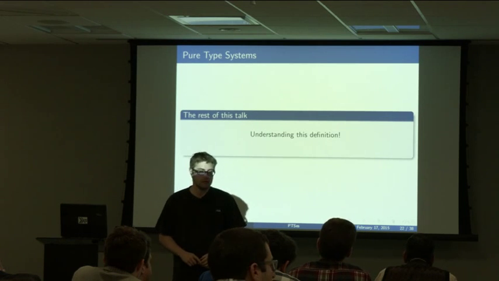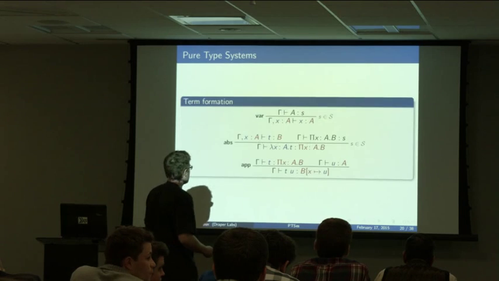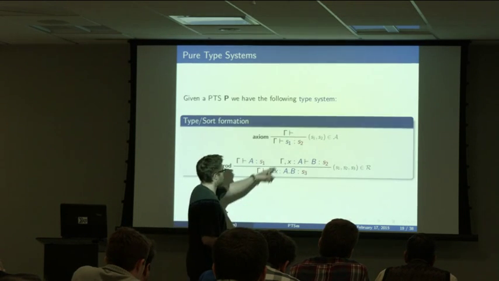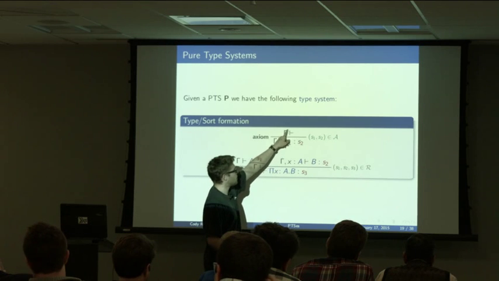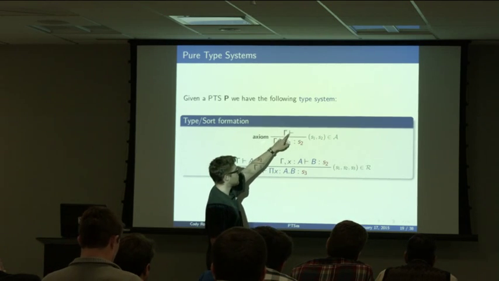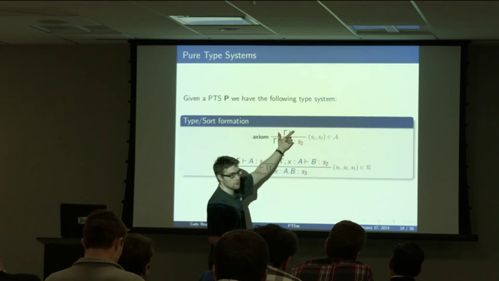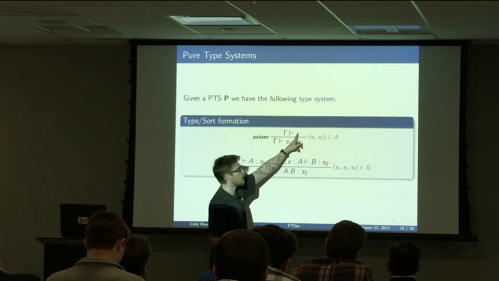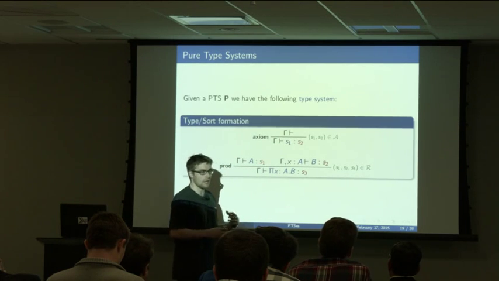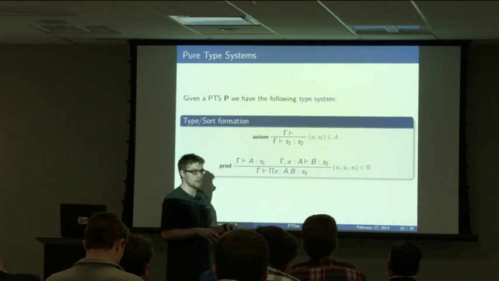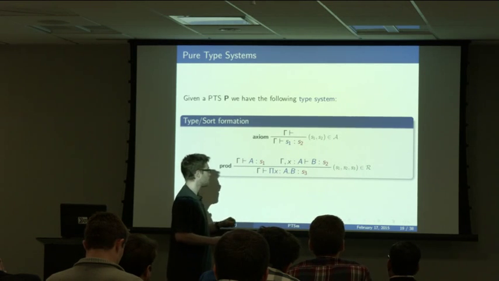Yes? Stupid question. What are the rules you omitted about? So here, like S1 is of type S2, there's something weird appearing here, which is just my assumptions somehow have to be coherent. That's what this means. So there's nothing on the right-hand side. It's just my assumptions have to be coherent. And I haven't explained what that means. And those are the rules I omitted. It's my assumptions have to be coherent.